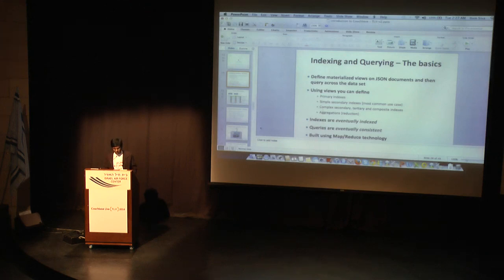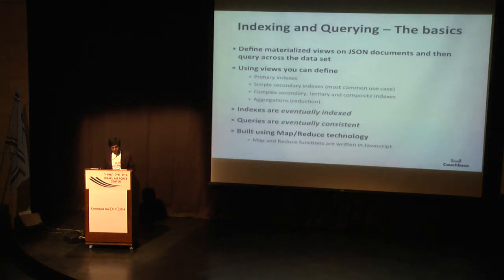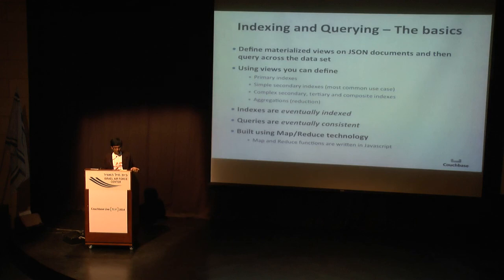So let's quickly look at the indexing and querying. Essentially, we offer views on the system, and views are basically materialized views on your JSON documents. The key-value provides the fastest access, but in some cases you want to access data based on secondary indexes, let's say on email address or zip code. So essentially, we build indexes, and those are what we call materialized views. It's important to understand the views are eventually consistent. What I mean by that is,